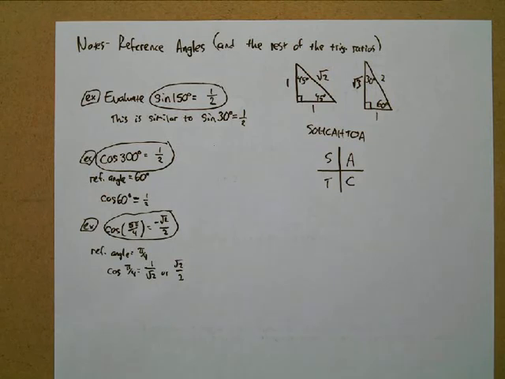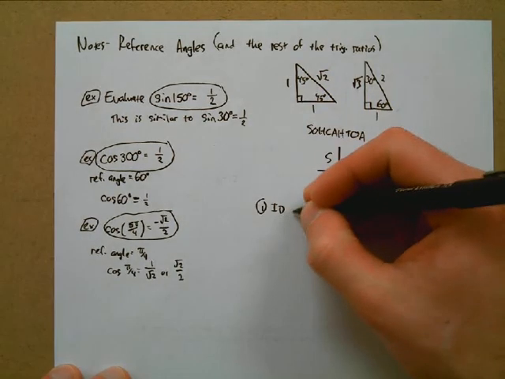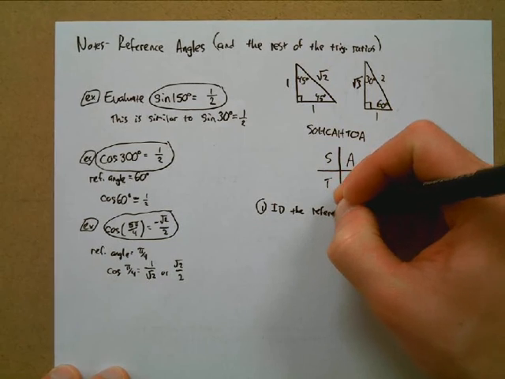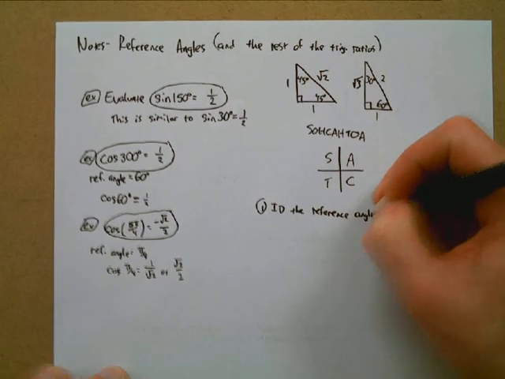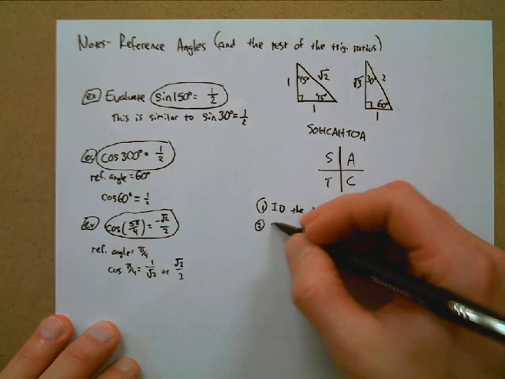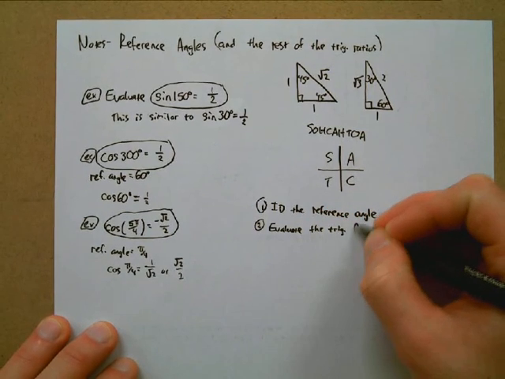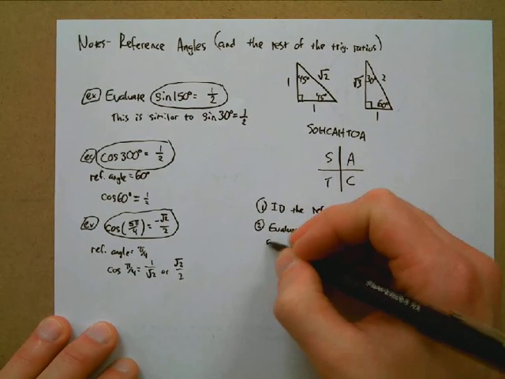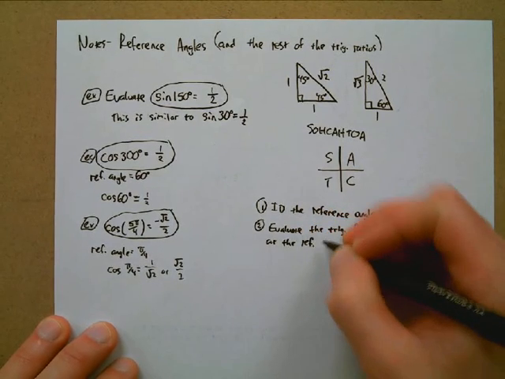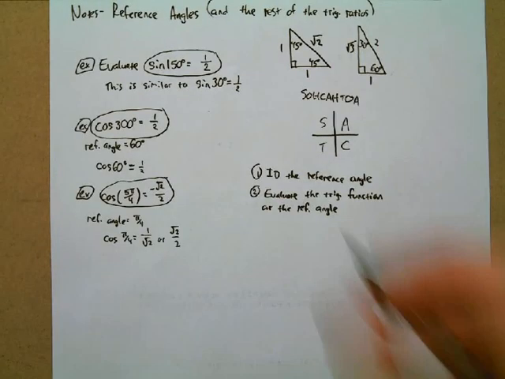Okay, so again, let's summarize here what we're supposed to do with these kinds of things, all right? So first thing you want to do is just identify the reference angle. Second, evaluate the trig function at the reference angle, using those triangles or your unit circle if you want to just memorize that. But again, I think the triangles are the best way to go. And then 3,